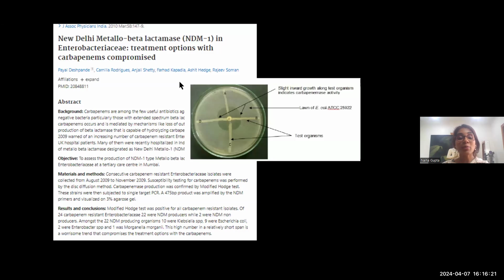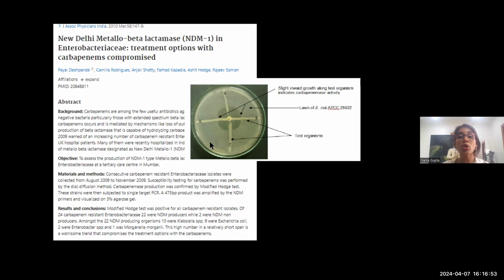How was the carbapenem resistance identified? Way back in 2010, and this is the first publication in the world, and we proudly say that it was from our own India, from the pioneers, Dr. Rodriguez, as well as Dr. Soman, and the group, Dr. Ashit Hegde, sir. Initially, the carbapenemase or the carbapenem resistance was detected, in fact, it had to be detected through